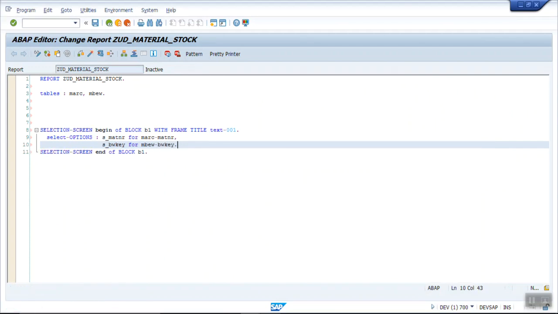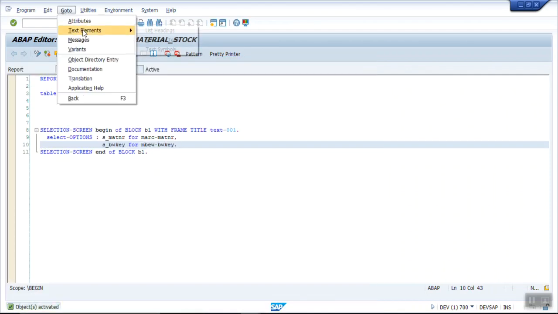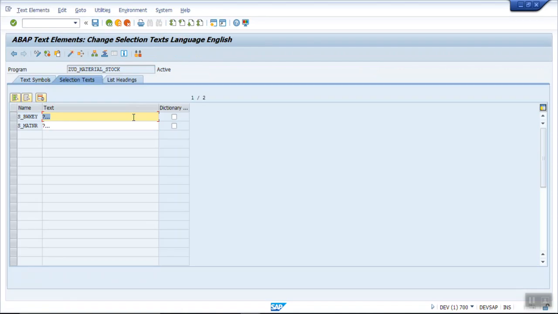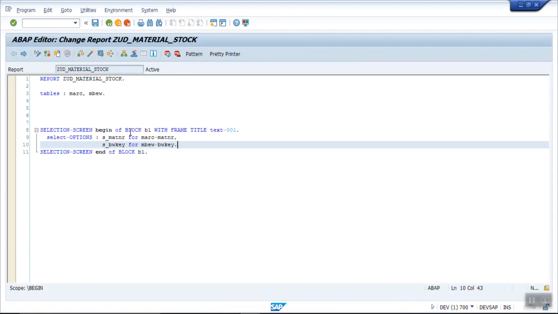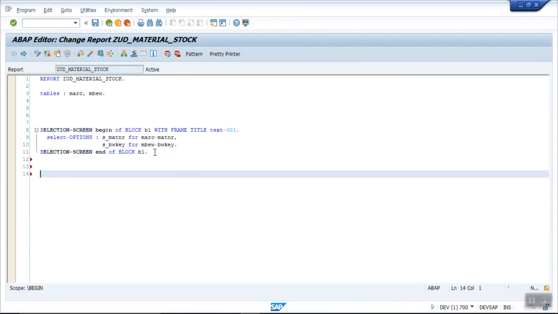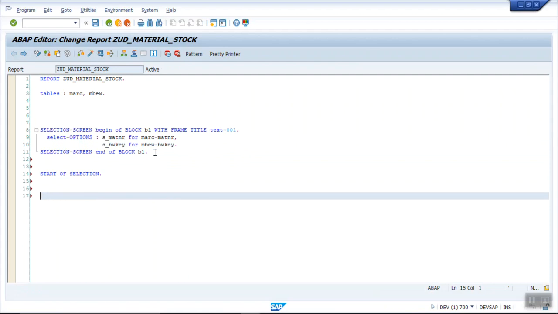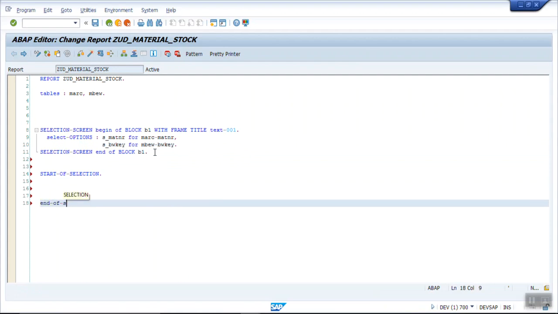Save, check, activate, no error. Assign some text here, dictionary, activate. This is the selection screen.